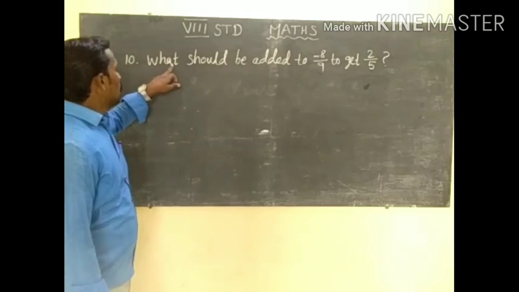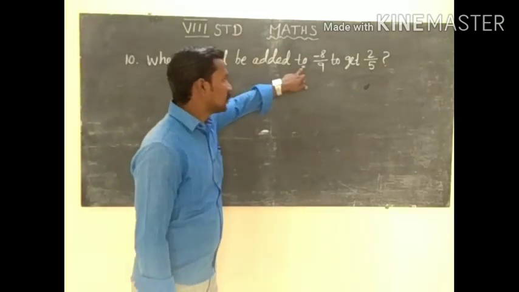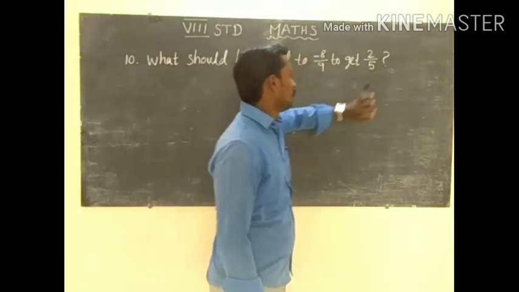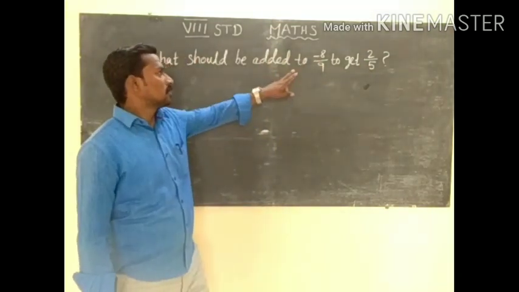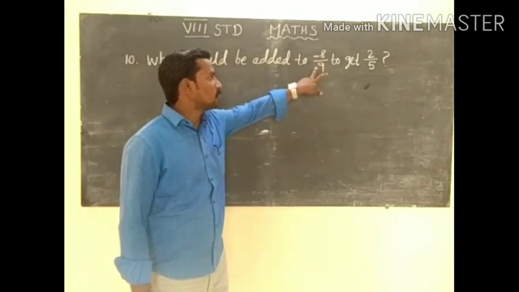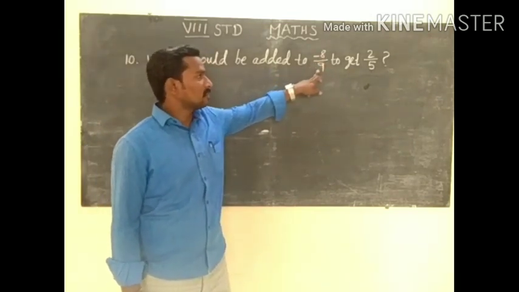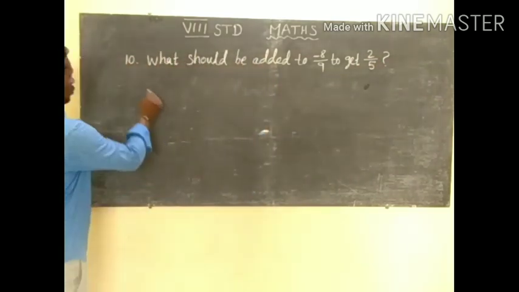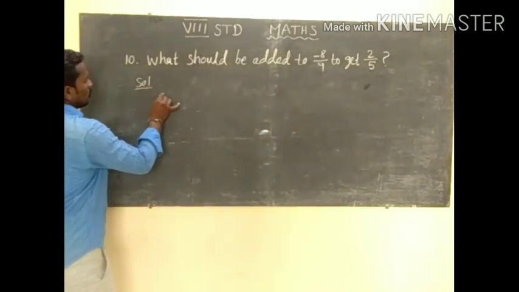The sum is: what should be added to minus 8 by 9 to get 2 by 5? The question is, which number added to minus 8 by 9 gives 2 by 5? This is our question. The solution: let